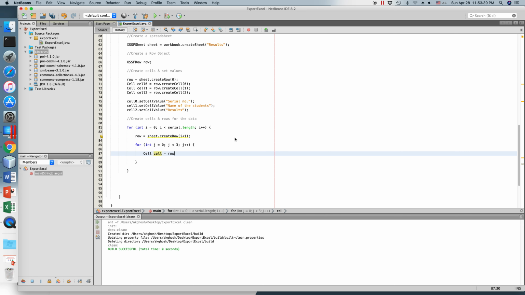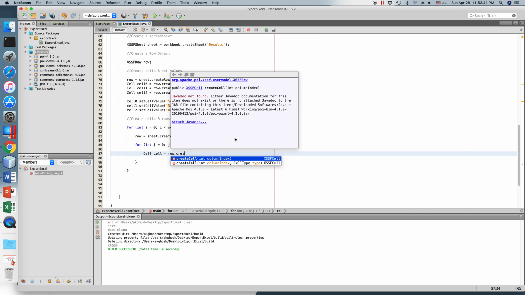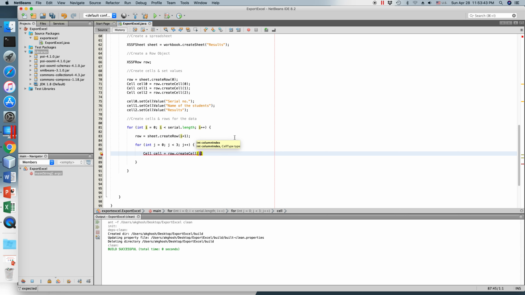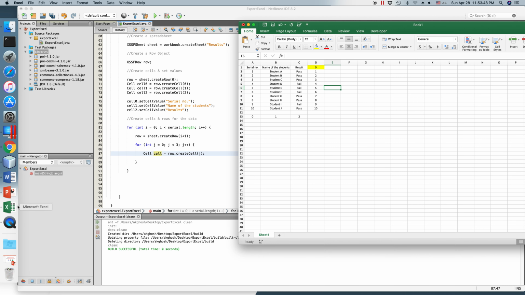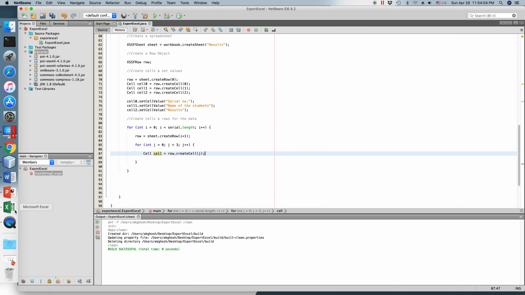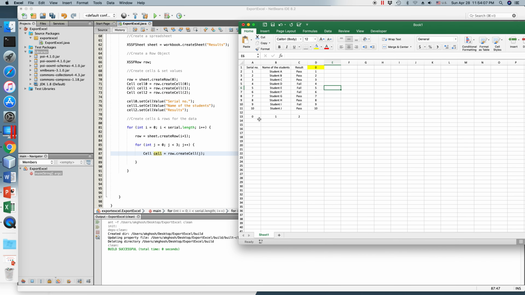And I will call this create cell method, and this will be j. So now we have created all these rows using this loop, and under this loop, for each of the rows we have created 3 cells, that is 0, 1 and 2. Okay, fine. Now let's see here that when the column index or the cell index is 0, it will put